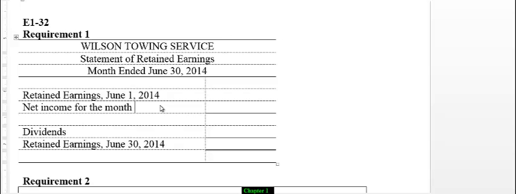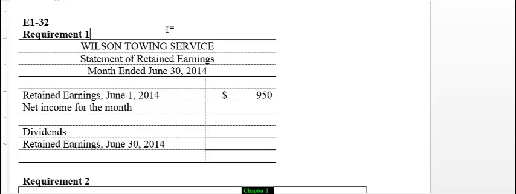So our beginning retained earnings is given to us in the information. So we're told we have $950 of retained earnings at the beginning of the period. We need to add to that the net income, but if we look at the list of information, we don't have an account for net income. We have revenues and expenses, and so we can account for the amount of net income based upon revenues minus expenses. Our revenue is $11,200. Our expenses include rent expense and salaries expense totaling $2,450 in expenses. So our net income is